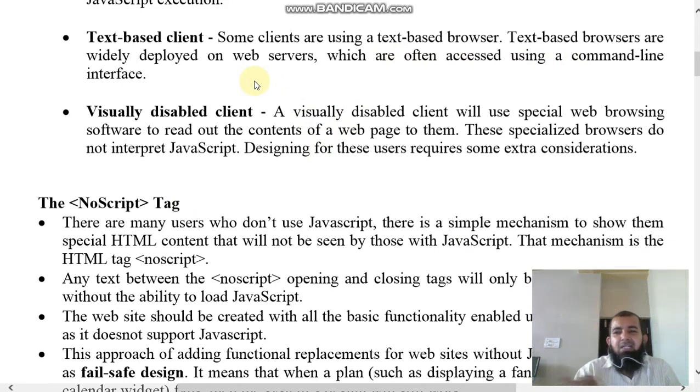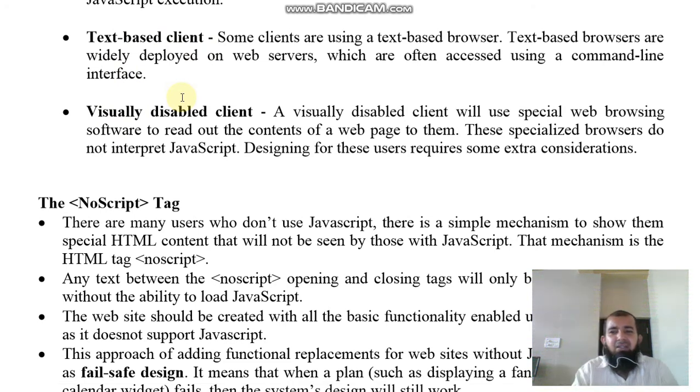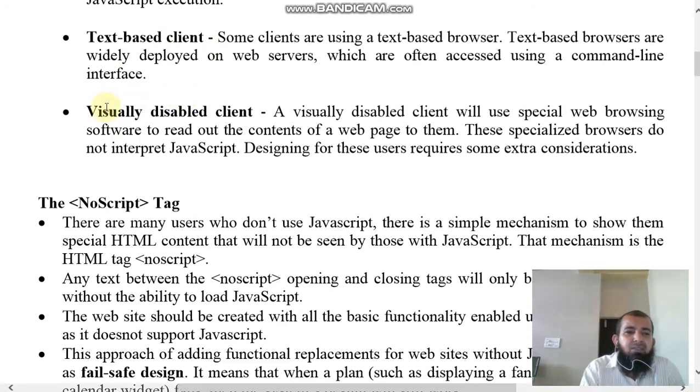By writing commands, you can access it. That's why it is a text-based client. You are not using any GUI or mouse button to open it. You use command lines, and by writing commands you get the response.